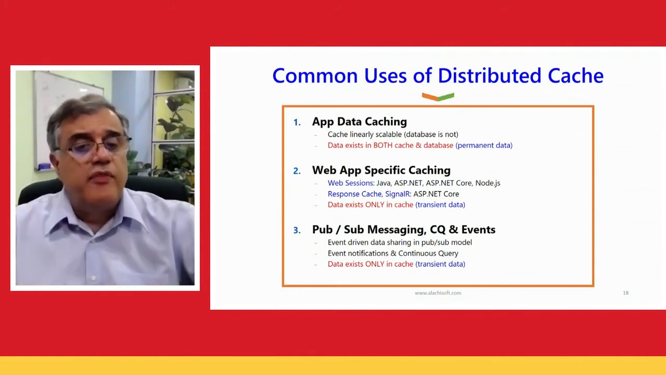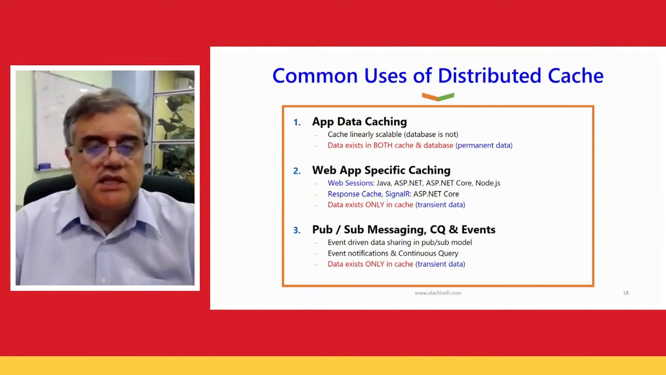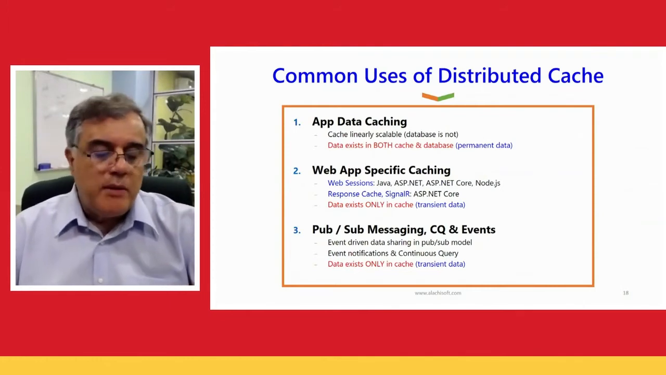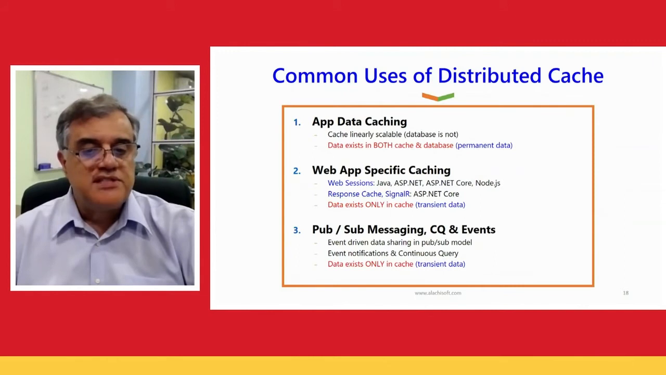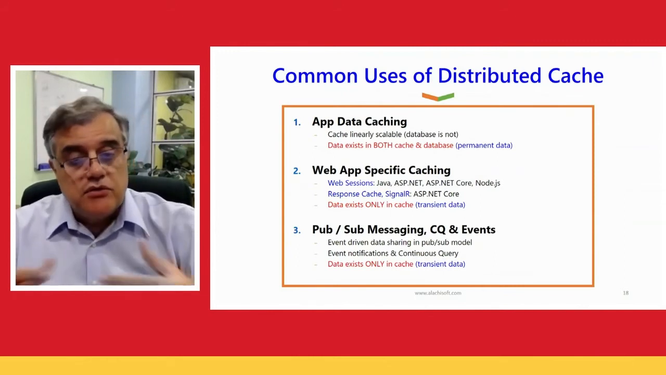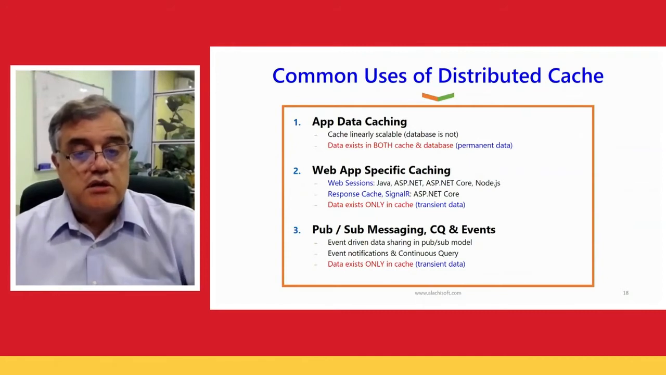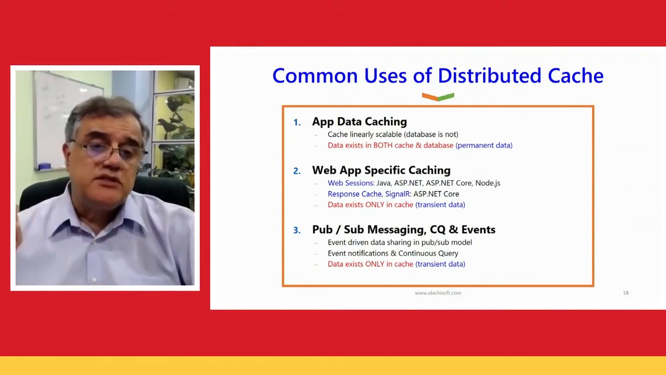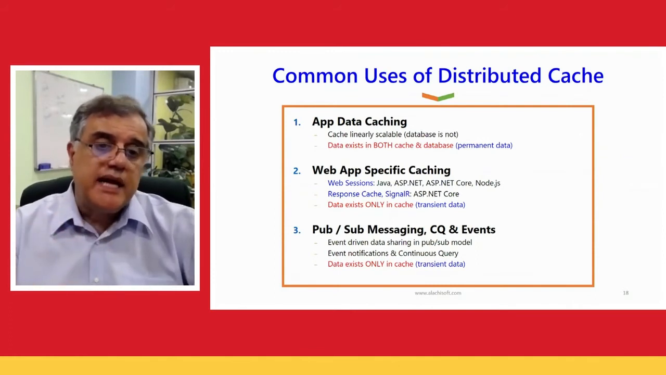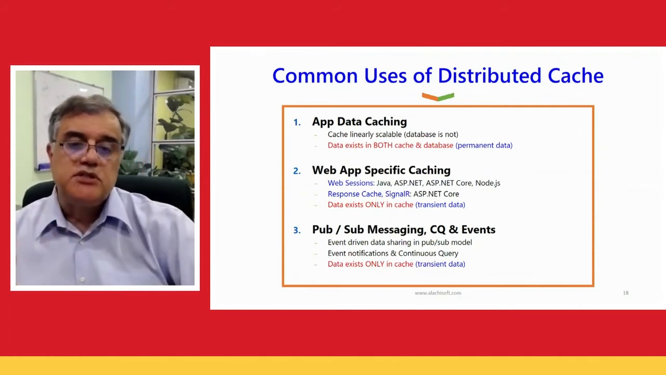And there are other things, like page output caching. There's also live web applications. In the case of .NET, this is called SignalR, where you can use a distributed cache as a platform to share the events across. But when a web application is storing its data in the distributed cache, other than app data caching,